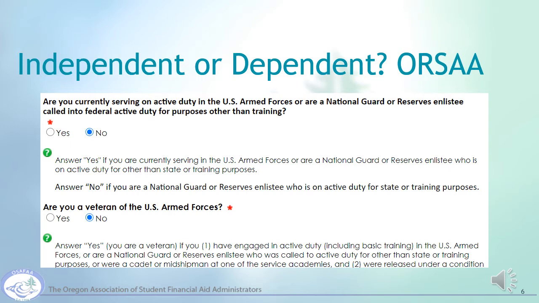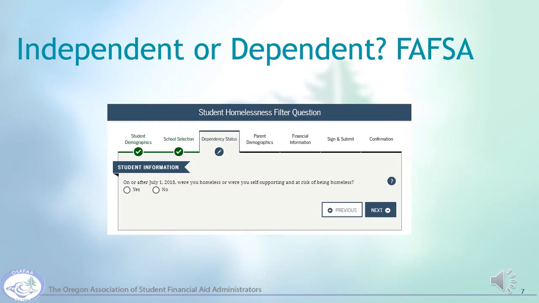Please note that if you see the word you or yours, this is referring to the student and not the parent, unless otherwise noted. The student may be asked if they are homeless or at risk of being homeless. This is referring to Title X and the McKinney-Vento Act. Your school personnel or FAN advocate, if you live in Central Oregon, will be able to assist you if you think the student meets this criteria. The question mark to the right will also provide additional clarification.